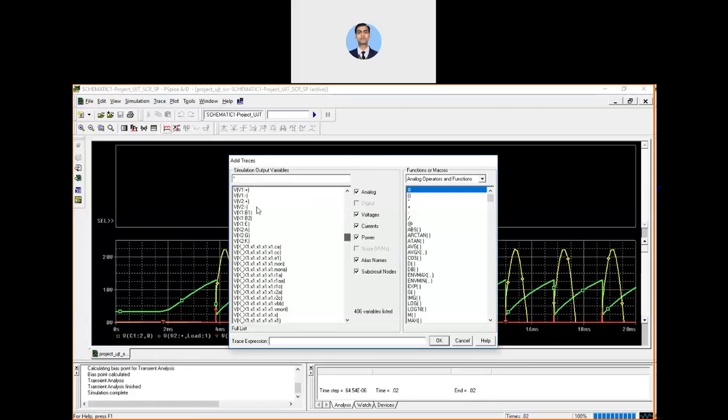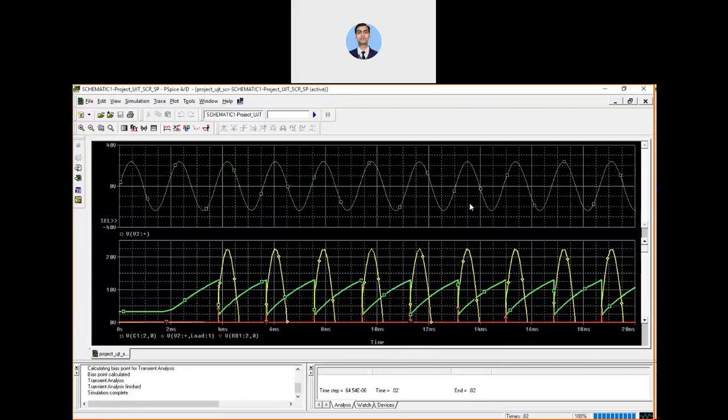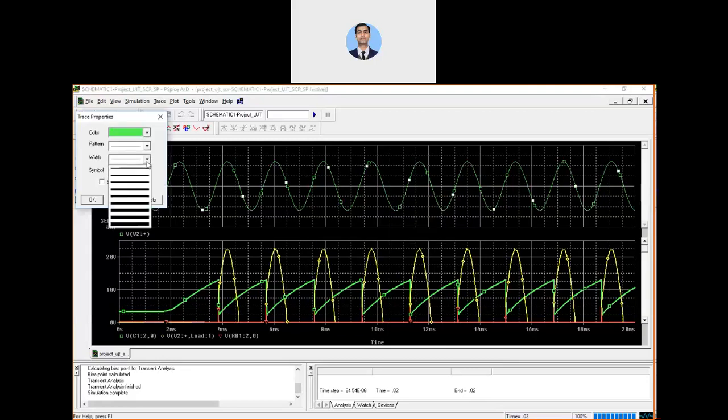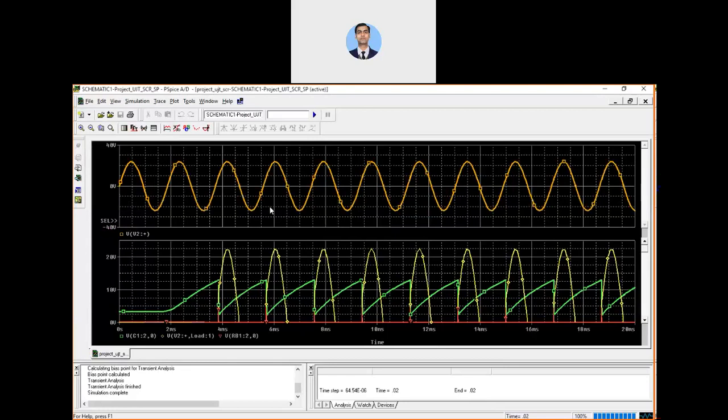v2 plus. Now you can see that this is our AC source. Let me show it with some other color. Okay, this is our AC source. Now you can see that at the positive alternation, it gets the firing pulses in red color.